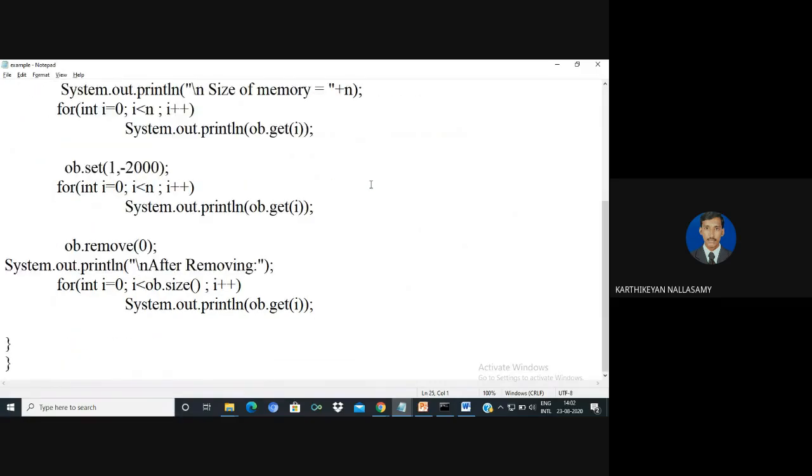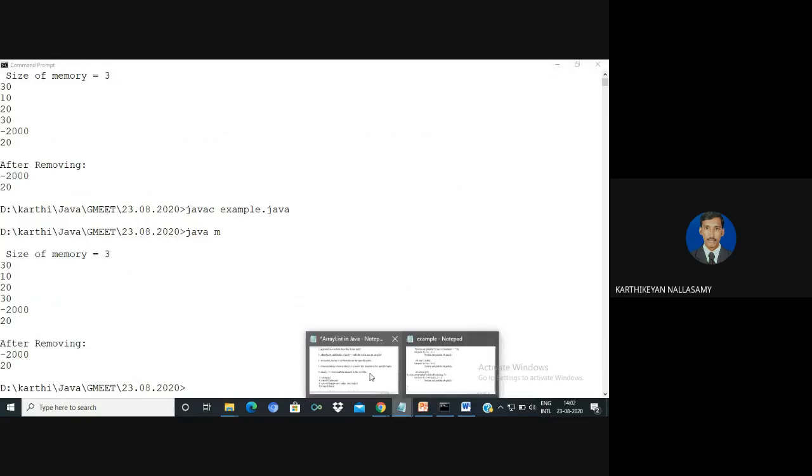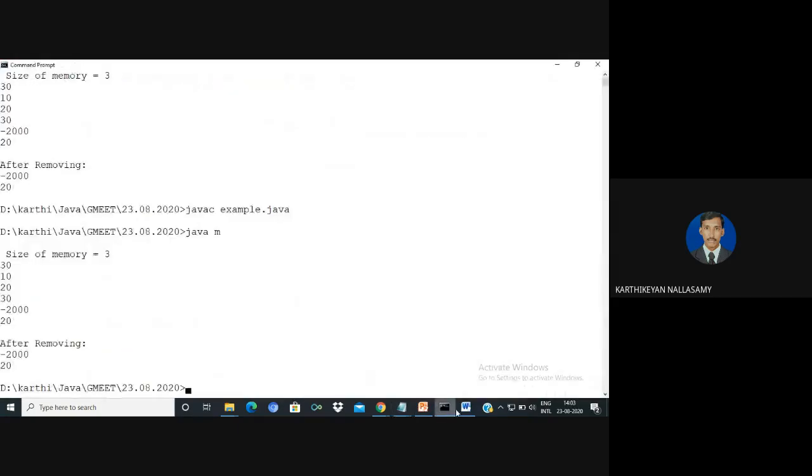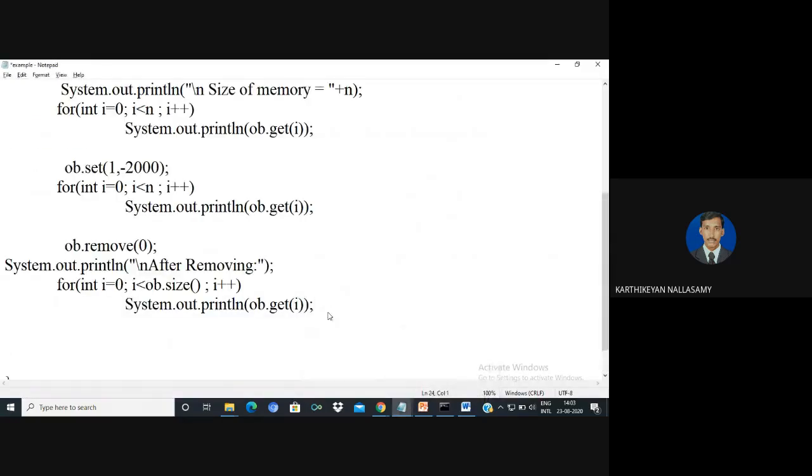Then the next methods are isEmpty and indexOf. The indexOf method is for searching an element in the array list. I can go with System.out.println and print it directly. So I'm going to work on searching. Here indexOf is a method to search the element, for example -2000.